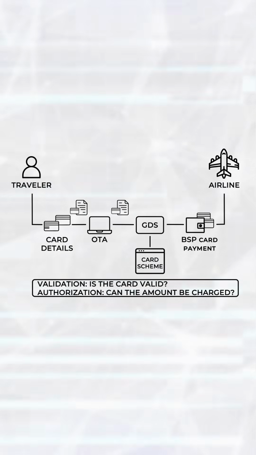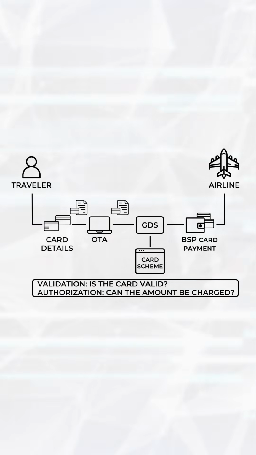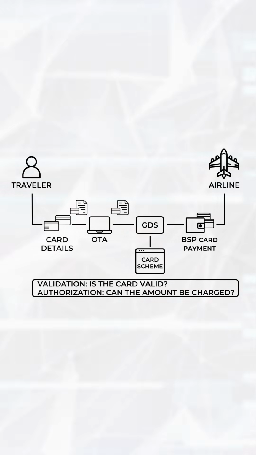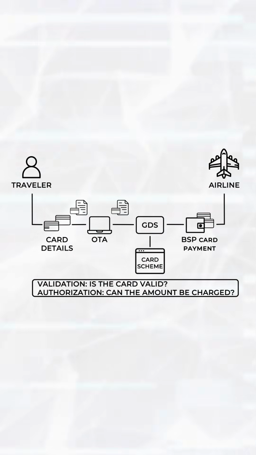And they can indicate there, depending on the settings for the travel agency, if for instance it's PSP cash or that a card is required. If the choice is to pay that itinerary with a card, then at the GDS level, the card details are used, through their own connection with the card schemes, to check if the card is valid and to authorize if the amount can be charged to that card. Once they get a positive response from the card scheme on that request, they store the authorization results in the booking, in the PNR,